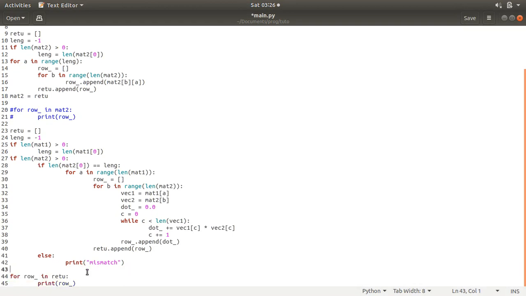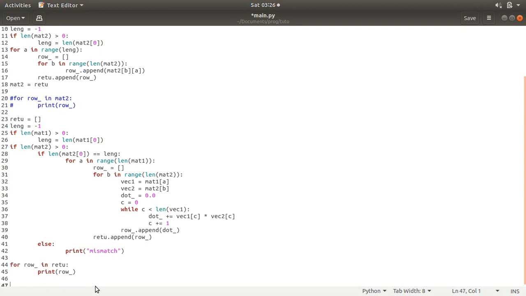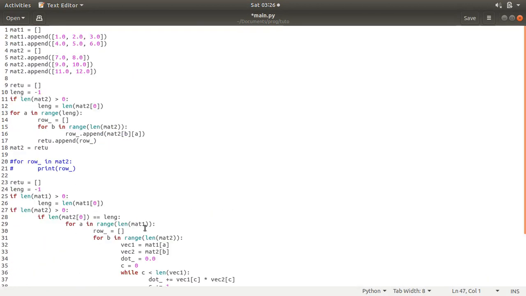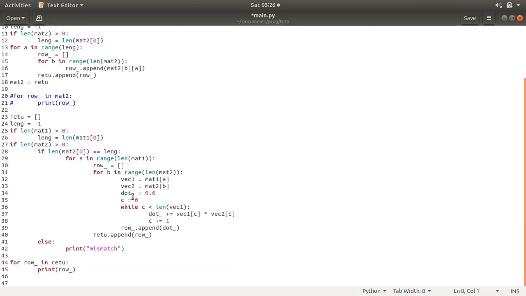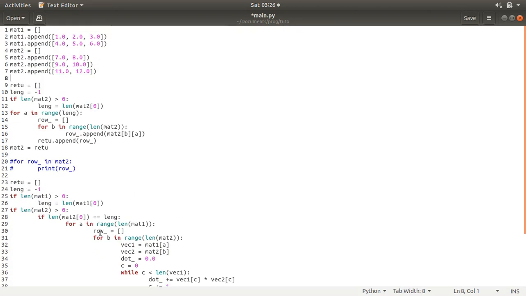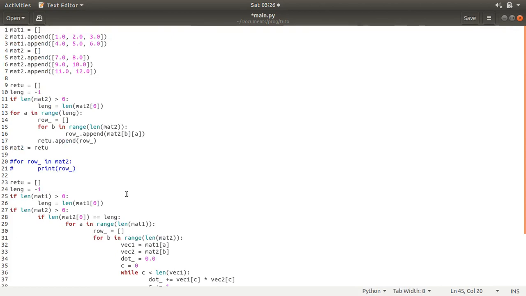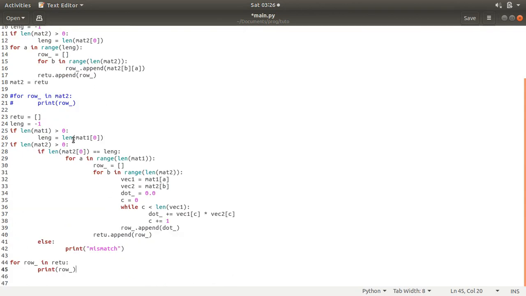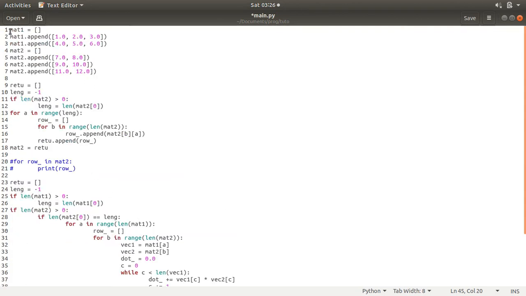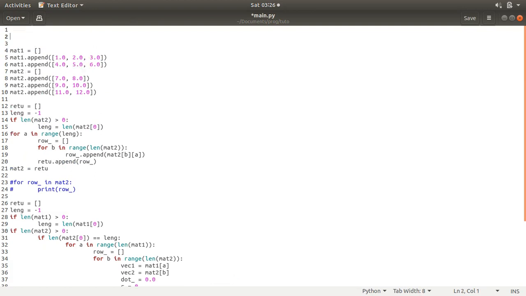So the point is that now that I've got a working operation for combining two matrices, if I wanted to do this again, I could copy and paste all this code again, or obviously Python has functions for calling this code again without having to rewrite that. So let's define a new function. I'm going to call it my matr, for matrix,